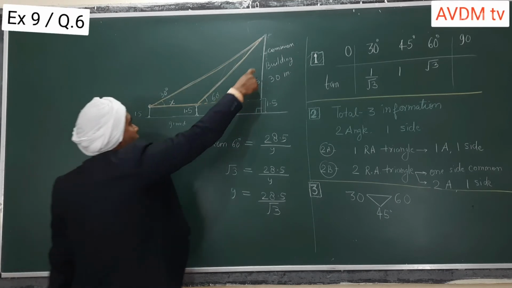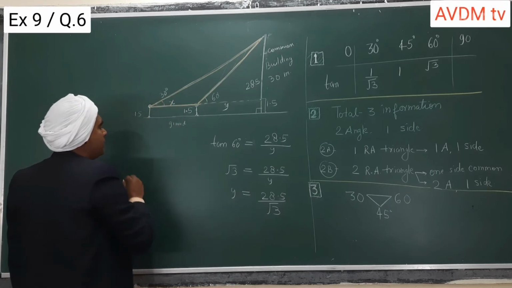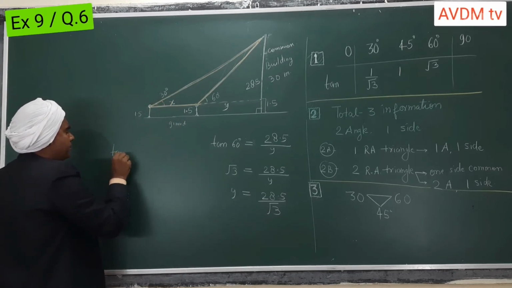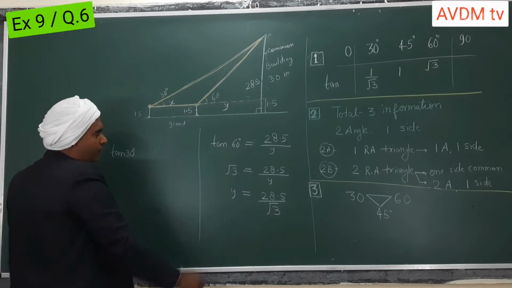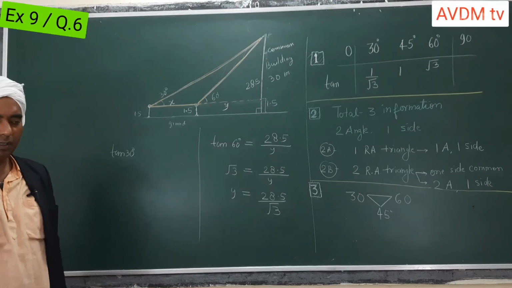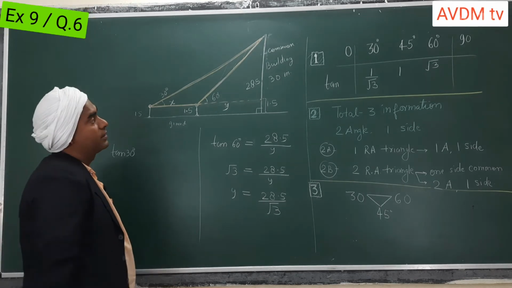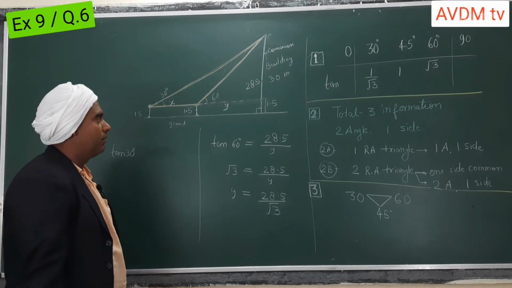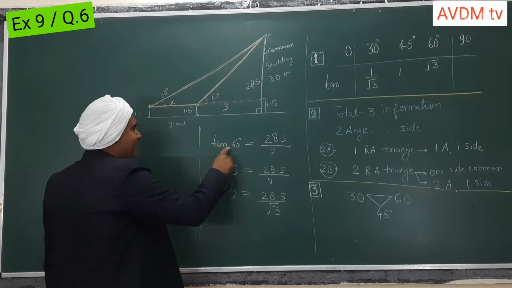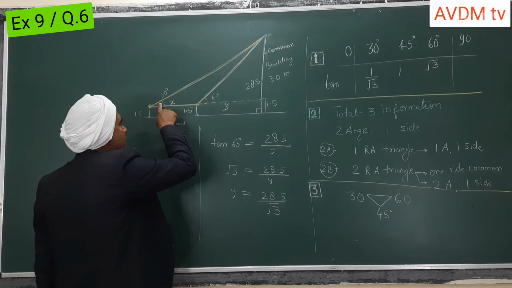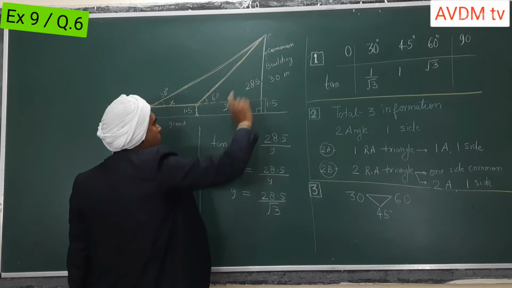Okay, and for this whole right angle triangle, tan 30 is equal to... This is only for our solving, but when you solve in your exam, you should write in triangle ABC, and you should mention all the things: what is building, what is not, what is that. Sometimes some explanation should be given. So just like tan 60 for this triangle, tan 30 for this whole right angle triangle, and this 28.5 is common.